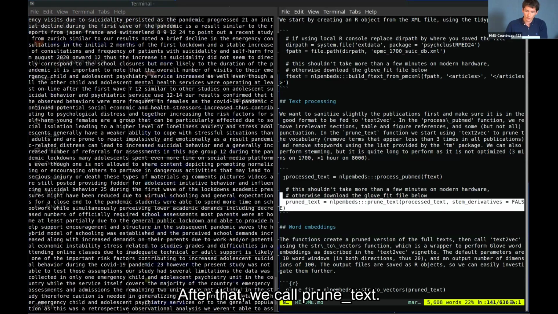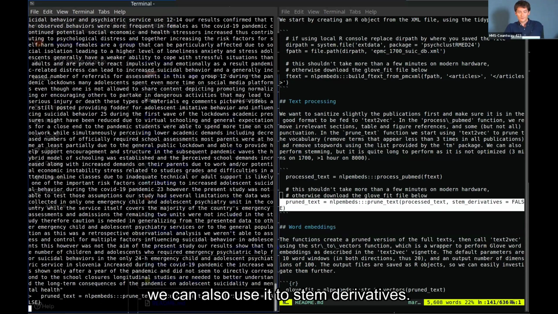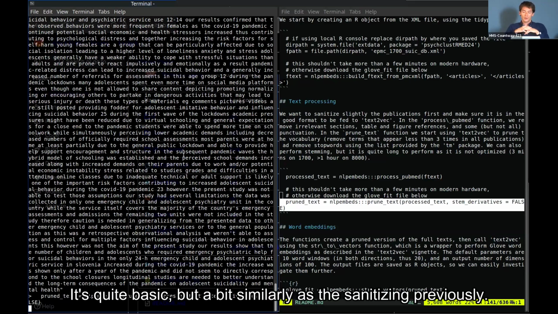After that, we call prune text. Prune text will remove stop words. We can also use it to stem derivatives, meaning we'll take out plurals. But this takes a bit longer, so in this demo, I'm not showing it. It's also good just for exploration. So it's stemming that I perform myself. It's quite basic, but a bit similarly to the sanitizing previously,